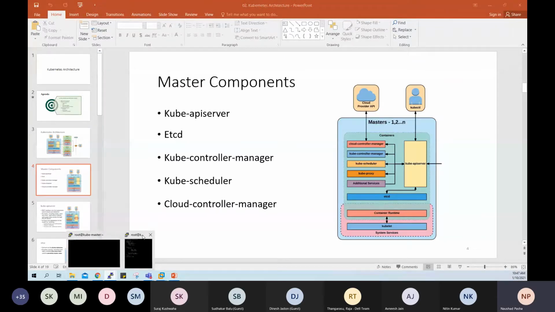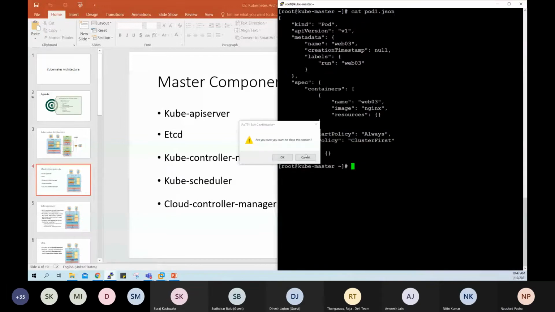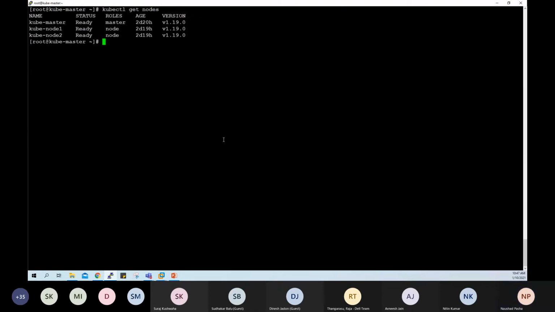I have a Kubernetes cluster deployed already, but I'm going to cover how to deploy it. Let's verify how many nodes I have in my cluster. kubectl get nodes. There is one master and two worker nodes. This is the bare minimum that you need, at least for POCs. But for production, there are different requirements which I'm going to discuss. But this single cluster can also be virtually divided into multiple virtual clusters with the help of namespaces.